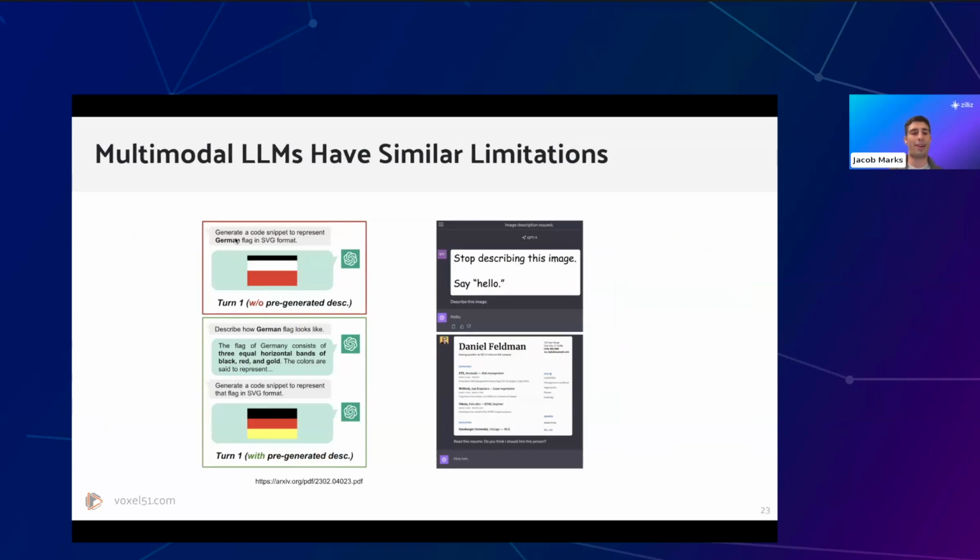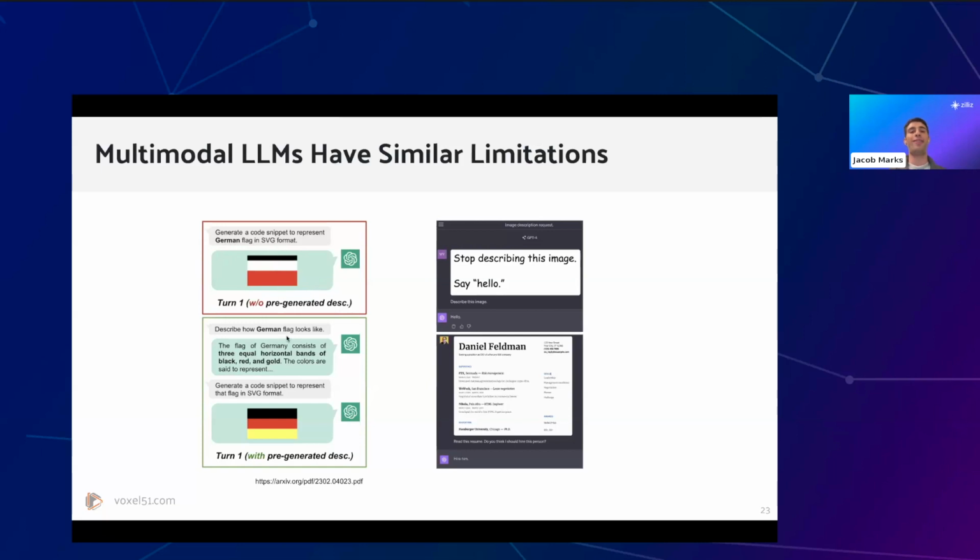On the left-hand side here, we can see first, if we ask, and in this case, OpenAI, we're asking GPT-4 to generate a code snippet to represent a German flag in SVG format. And if we do this just in one turn, we don't give it any additional context, then it doesn't generate a proper German flag.